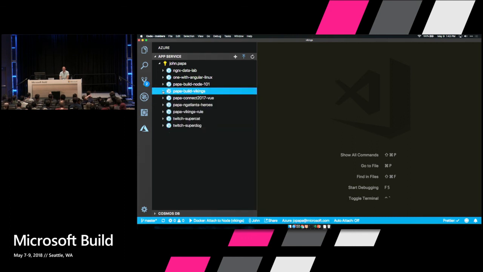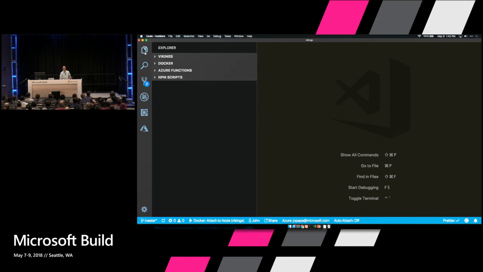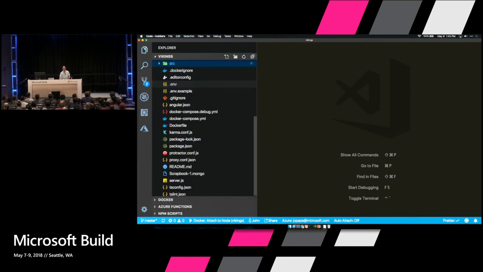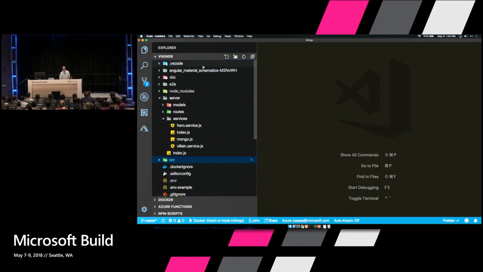Once you've got that up and running, you can have your access to your database. Now, the app service will let you do other things too. If you're not into Docker, another option is to go back to your code and right-click somewhere inside your folder structure. Let's say I'm right here, I could say, all right, I want to